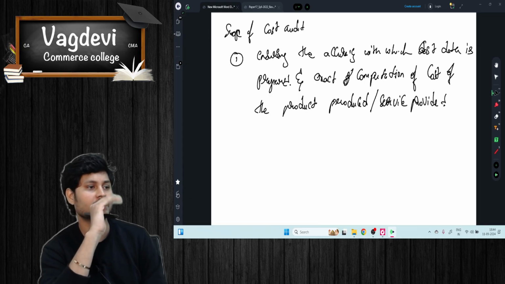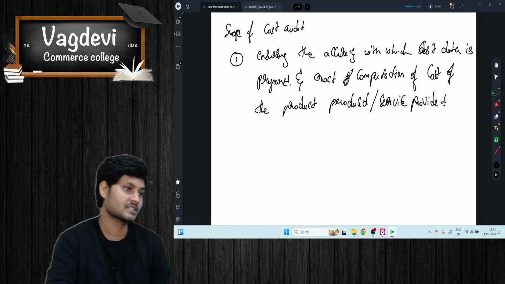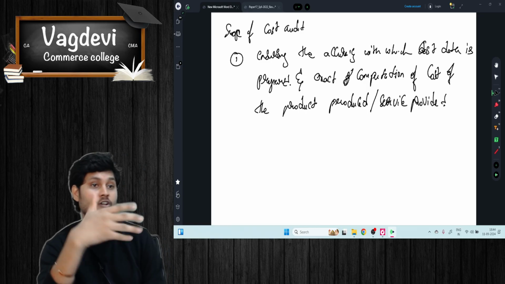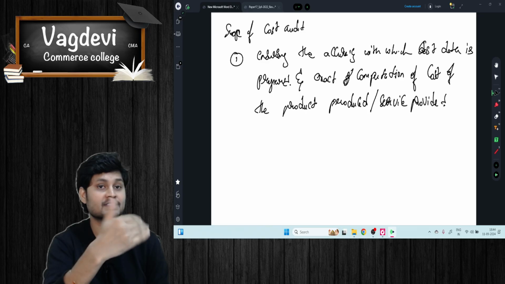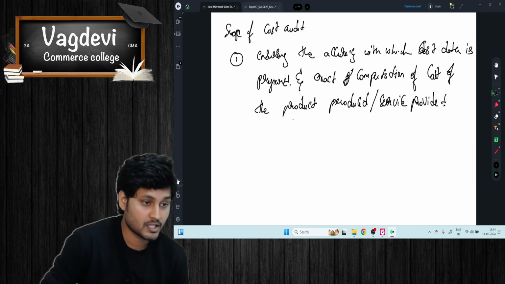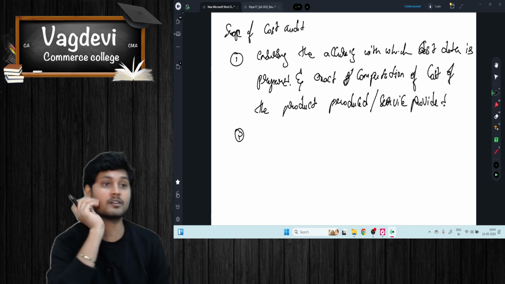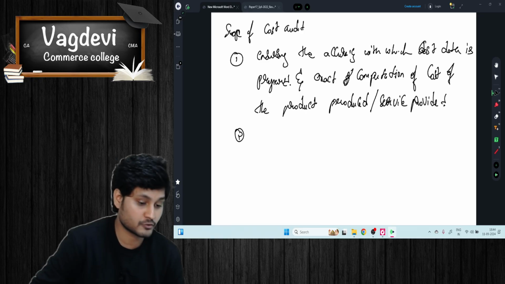The scope is extended to verification of the accuracy of cost data, and you can also be in a position to know the cost of the product or cost of the service which is provided. But additionally, cost audit is a mirror of measurement of your performance. So additionally, the scope extends to